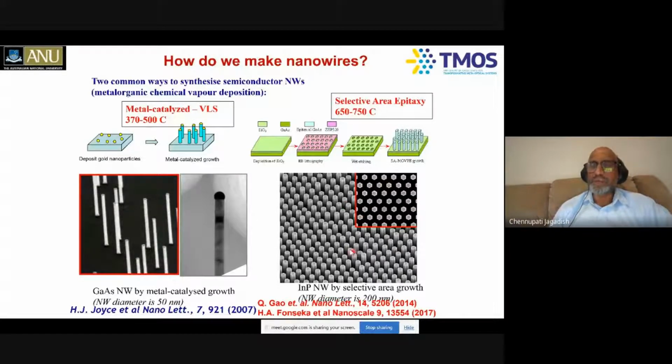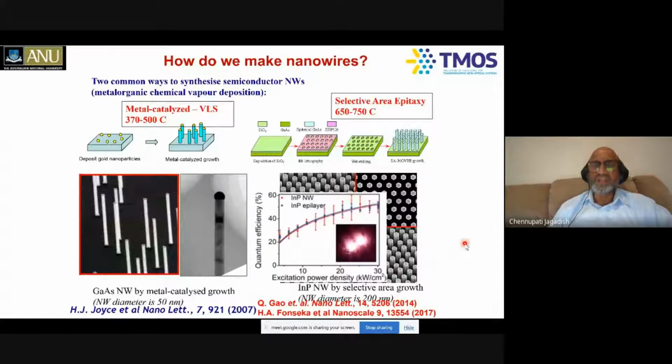These particular nanowires are about 200 nanometers in diameter. And this is the work of my former student, Dr. Chian Gao, who is now a research engineer in Blue Glass in Sydney. Okay? So we've taken these nanowires and excited them with a laser pulse to generate electron hole pairs, and then look at the light coming out of them, so-called photoluminescence. And then we quantify the quantum efficiency as a function of the excitation power. You can see that you can get quantum efficiencies as high as 50% or so. This red curve, for example, is for indium phosphide nanowires.